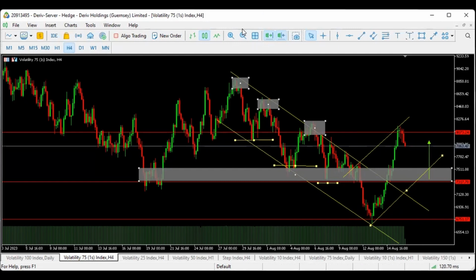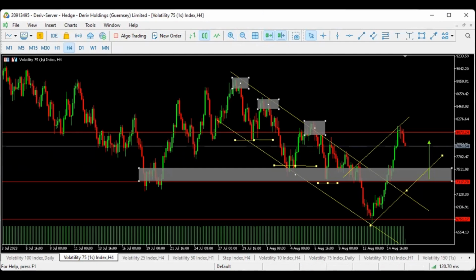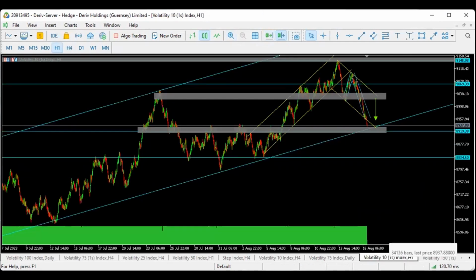So that is one thing. Order flow, we can still look for another chart. Volatility